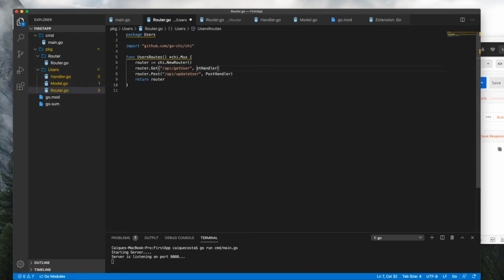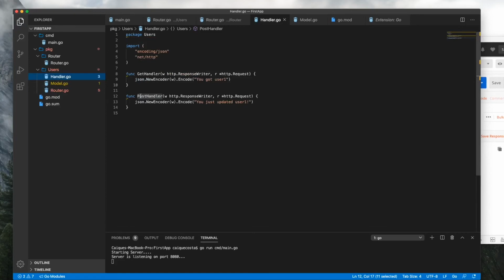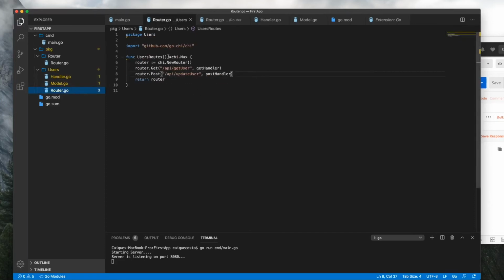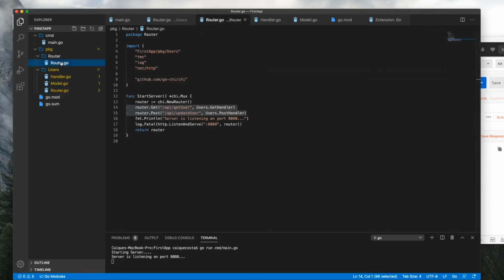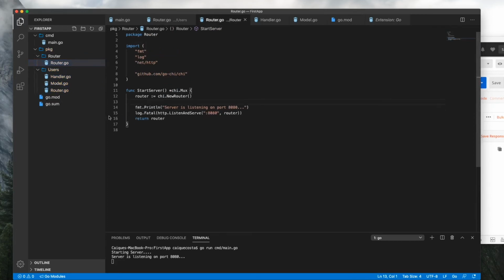Now we can go one step further and declare these as private. So now they're not accessible across your entire application. And nothing should have broken here. Everything should still be working. The only next step that we have to do is we can remove this here inside of our start server function,